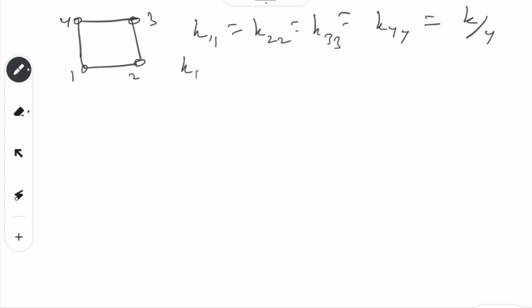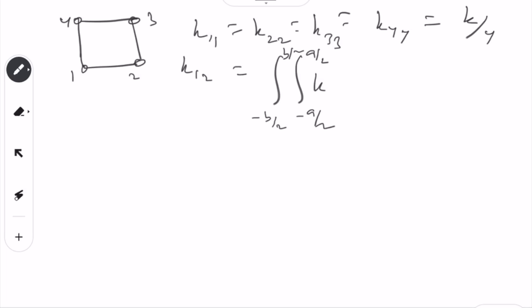So k12 equal to, we will have, basically, minus b over 2 to b over 2, x minus a over 2 to a over 2, then we have k,